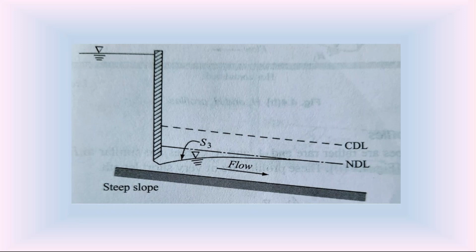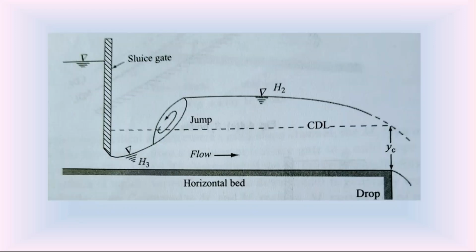Then the critical slope, the horizontal slope channel. We know that in the horizontal slope channel, we have two water surface profiles, H2 and H3. Check them carefully, students. The water is released from this sluice gate. By opening the sluice gate, the water is released on the downstream side. The channel bottom is horizontal. So from this gate, first the water is released, and the water is gradually rising. Since this channel bottom is horizontal, we call this water surface an H curve. From this sluice gate up to this portion, this water surface is in zone 3, so it is called the H3 water surface profile.